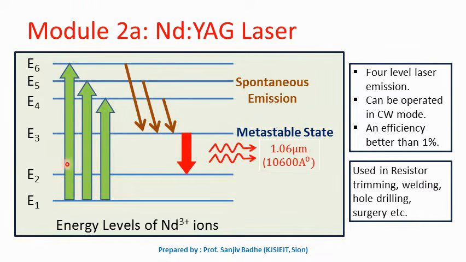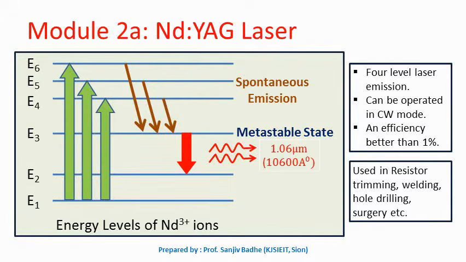As a first step, the light energy coming from the krypton lamp is utilized in exciting the neodymium ions to the higher energy levels. So this is the 4th level actually: E4, E5, E6. In a 4-level laser system, this group of energy levels will serve the purpose of the 4th level. All these energy levels are normal levels, none of them is a metastable state. So the neodymium ions coming here will not rest here for a long time.